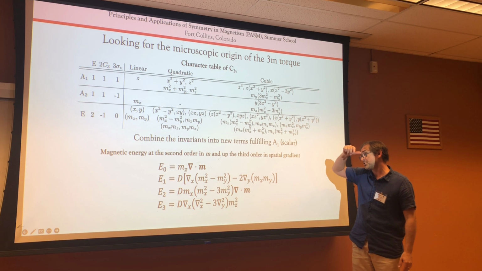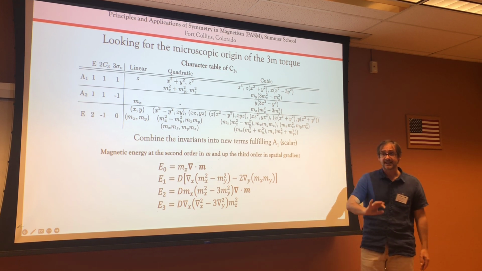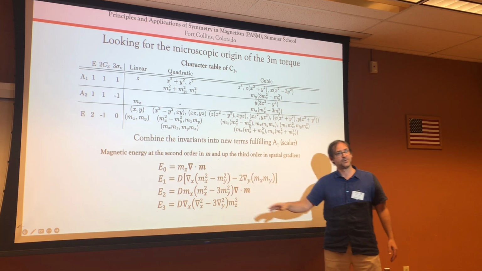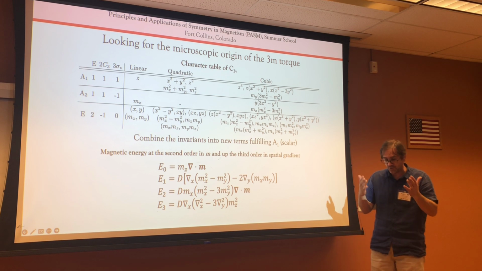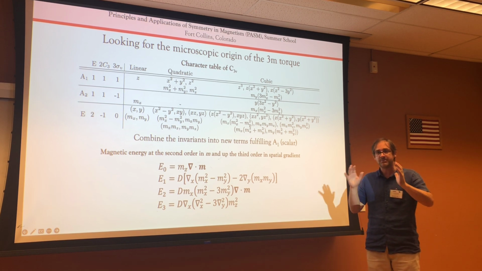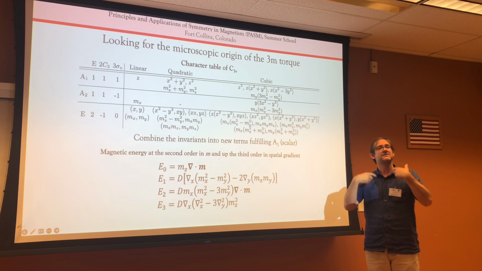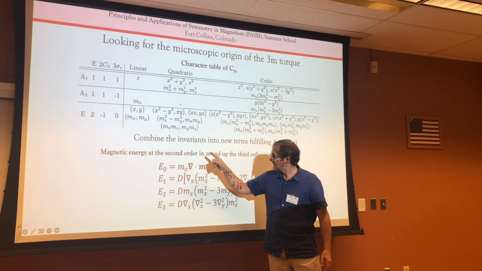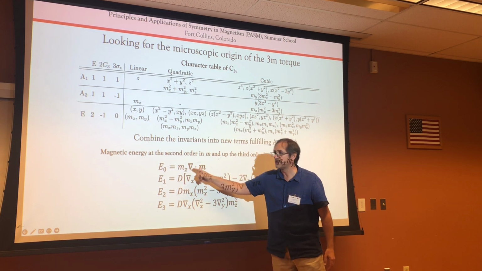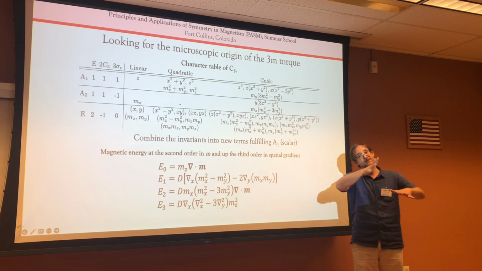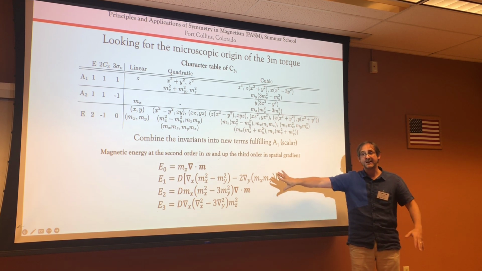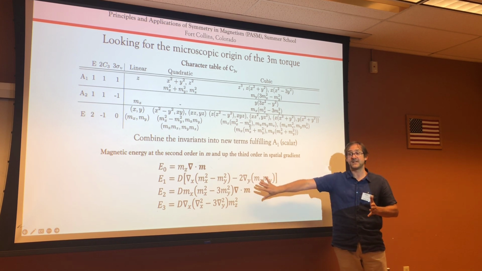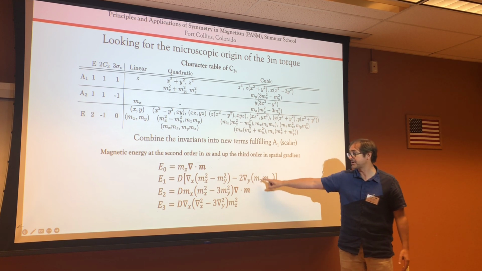What is super important, I really want to emphasize that, is that here, it's a gradient expansion. So you are completely allowed to make any combinations you want. But then you come with the physics interpretation. If I am allowed to write my energy this way, it means that I have considered that the gradients are very small. So I have smooth textures. So this is not valid if I start having some sharp textures. And this matters here in this particular case, because you see that the Dzyaloshinskii-Moriya interaction you get,